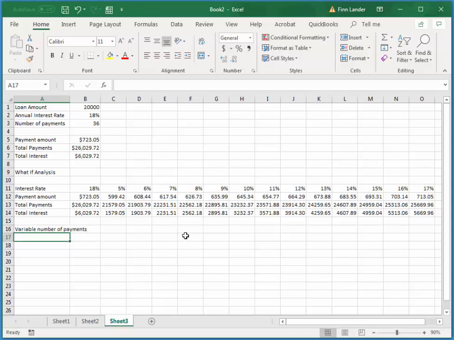So I'll say number of payments. And I'll say we got 36. I'll go from 12 to 60. Oh, sorry, that one's got to be 36 because that's the original result. And then 12 to 60. There we go. And that equals